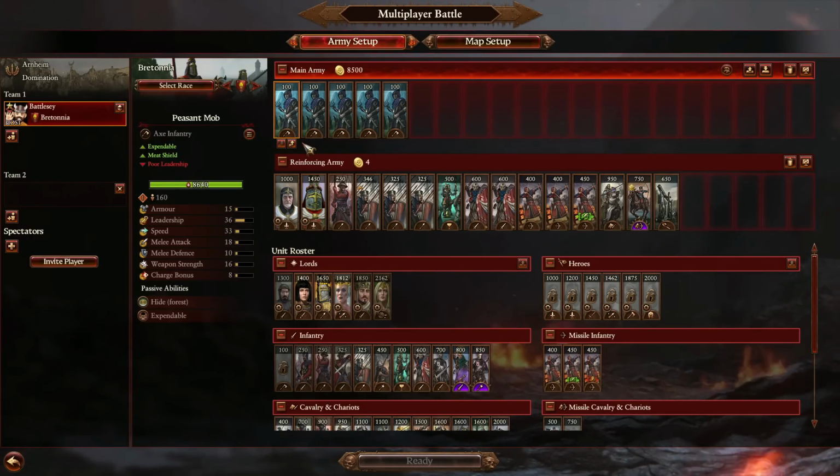It's buying time. It's effectively bogging up units that have a higher value. For example, if I sent a couple peasant mobs in to fight against 1,000 value cavalry, that's me distracting 1,000 value of something, and they're effectively paying for themselves tenfold in that scenario. So keep that in